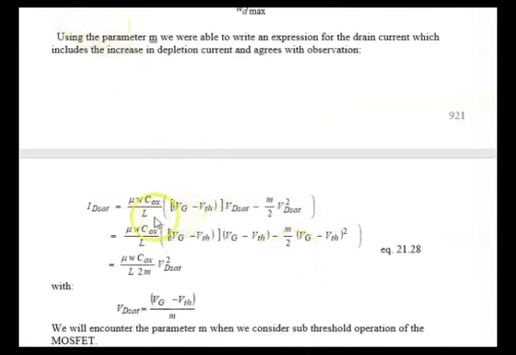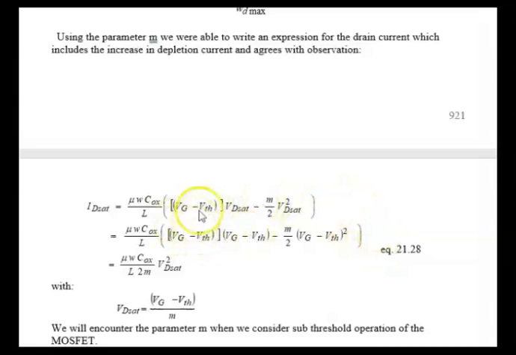And we put that improved theory into our current-voltage relationship, the IV relationship. And this is the improvement right there. If M is 1, this would be 1/2, and this would reduce immediately to our simple theory. M is greater than 1, so we have a reduction in the current because of the negative sign here, and that agrees with our observation. So this is the ID sat, which is the important current saturation as a function of VD sat. And we see that it is indeed reduced.